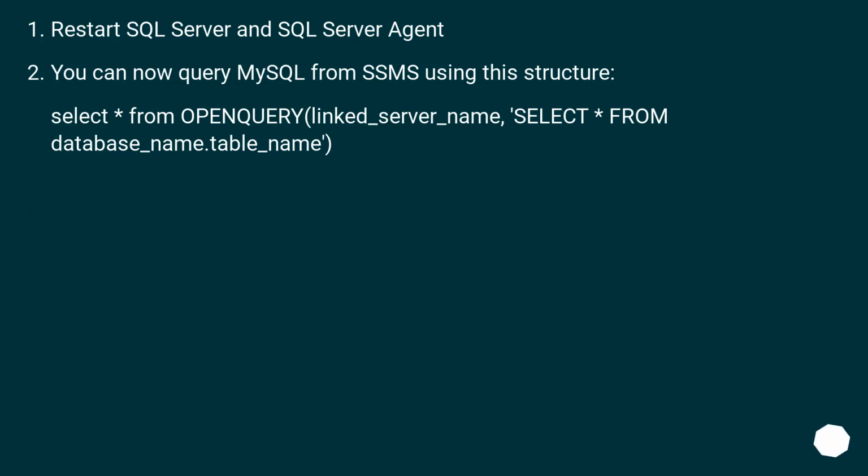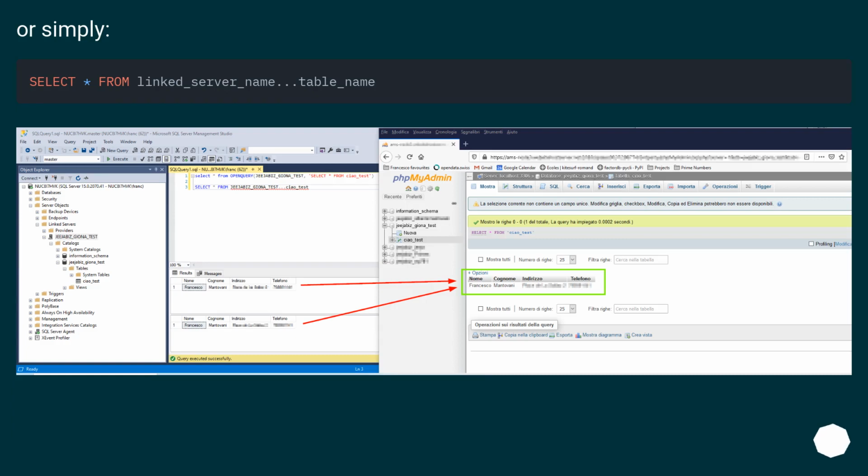You can now query MySql from SSMS using this structure. Select from OpenQuery linked_server_name. Select from database_name.table_name. Or simply